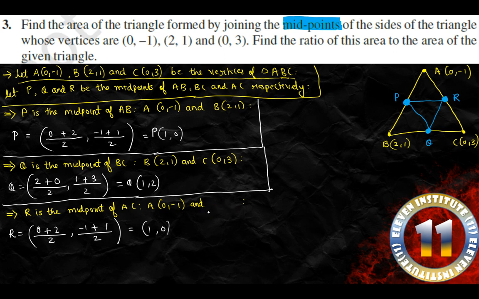Here we have C, and C is 0, 3. Right. So here the values will change. The first number is 0, here also first number is 0, so here we get 0 plus 0. Here first number is -1, second number is -1, and here second number is 3, so here we will have 3. So 0 plus 0 is 0, 0 upon 2 is 0 over here, right? 3 minus 1 is 2, 2 upon 2 is 1, so we get 0, 1 as the coordinates of R,